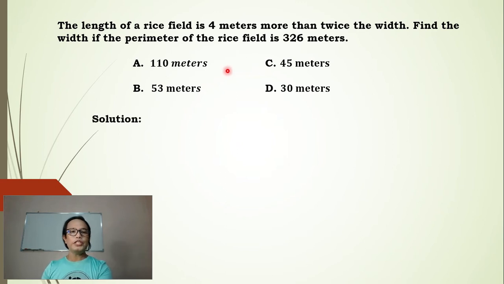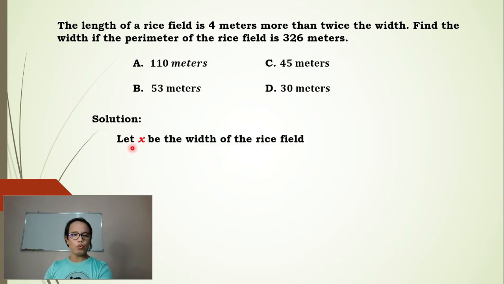First things first is we need to represent our unknown. Since our unknown is the width of the rice field, so we will represent the unknown as a variable. So in this problem, we use x. We let x be the width of the rice field. So we can use any variable to represent the unknown. In this problem, we use the variable x to represent the width of the